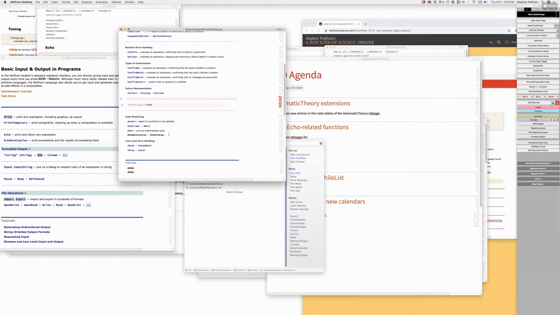And maybe echo function here. Maybe these echo label. All of that's the whole family, right? Yes, there's QuietEcho. I know we don't need to add that here. This is not relevant to this page.